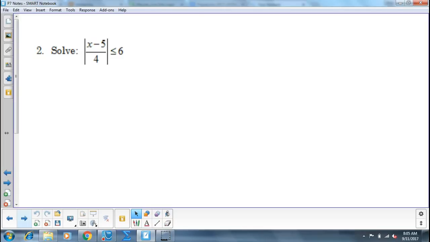Talk me through the overall picture on how to do it graphically, and then we'll do it. So how would we solve this one graphically before we actually go and do it? Let's plan our work. What do you got? Okay, so you're going to go left side as one function, right side as another function. Okay, and then when you get the graph, what would you be looking for? Okay, so then we find the intersection points, and then what would we be looking for? Where the absolute value one is